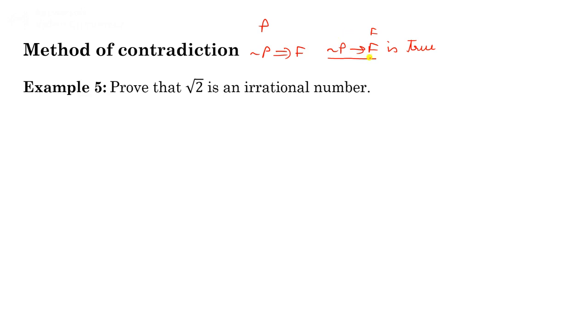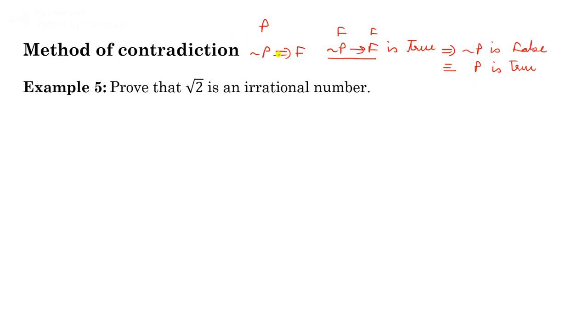Now go back to the conditional statement and you will find that when the conclusion is false, for this conditional statement to be true, this condition must be false. Only then, false implies false, will this be true. So this means negation P is false. If negation P is false, this is equivalent to saying P is true. In this way, by assuming this, finally we deduce P is true.